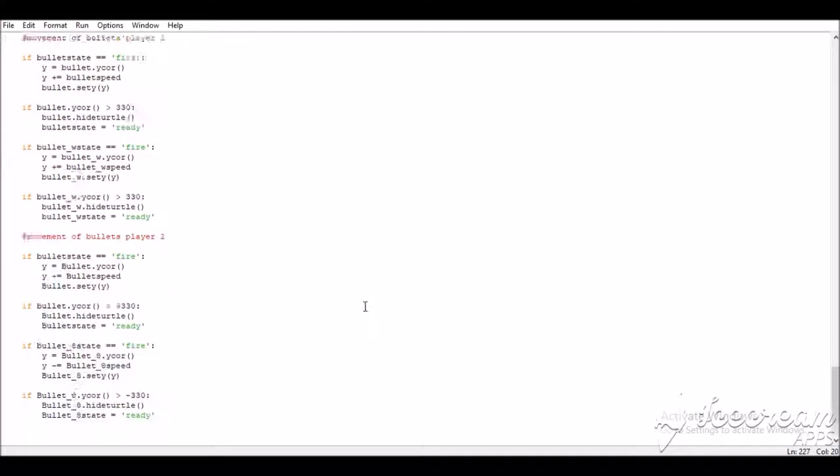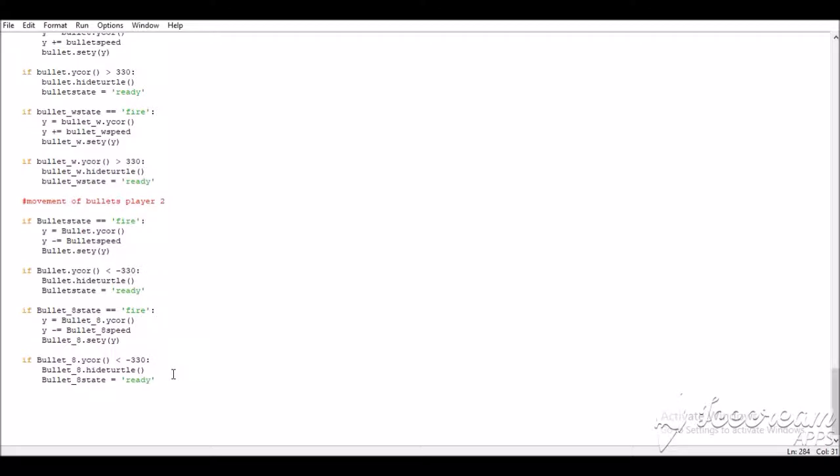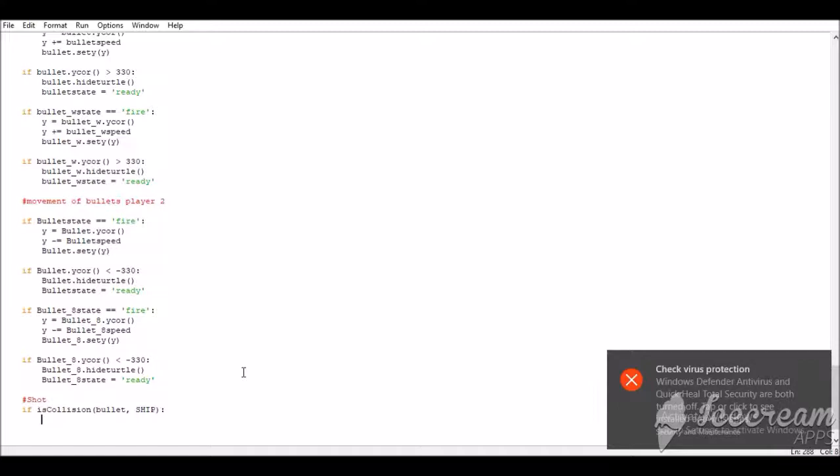So now I am going to use a collision function. So I am making a separation and naming it short. So if shot, so if there is a collision between bullet and ship. So over here bullet is a small bullet of player 1 and ship means player 2, capital SHIP. So if this collision, then